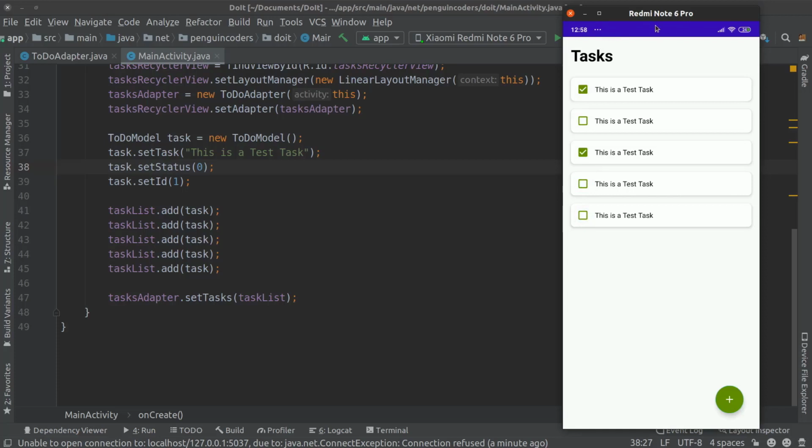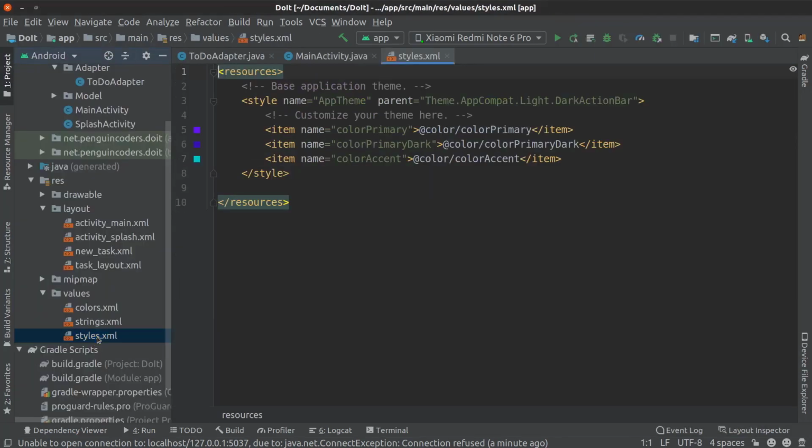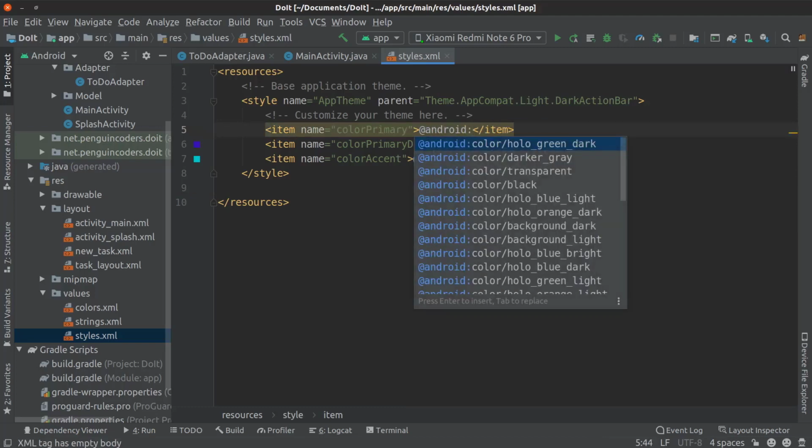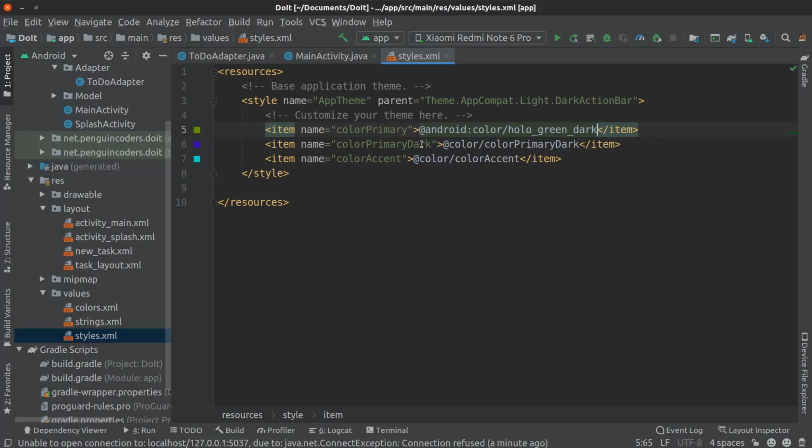To change that, we need to change it in the project layer in the styles. So I will go to the styles and change the primary color and the primary dark color to match the app's theme. I will write @android:color/holo_green_dark, and the primary dark color I will do the same as above.